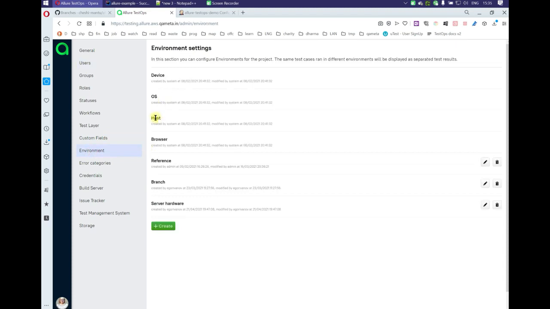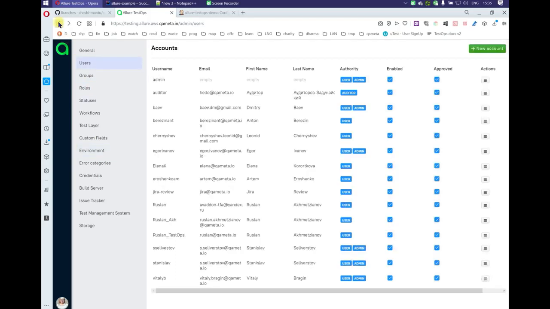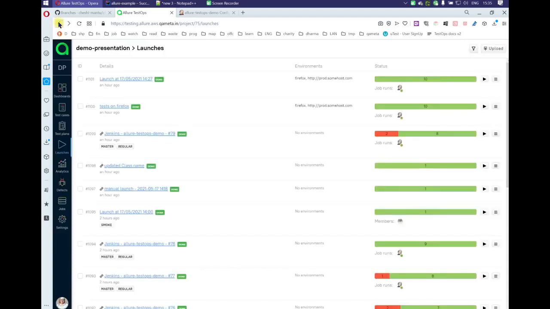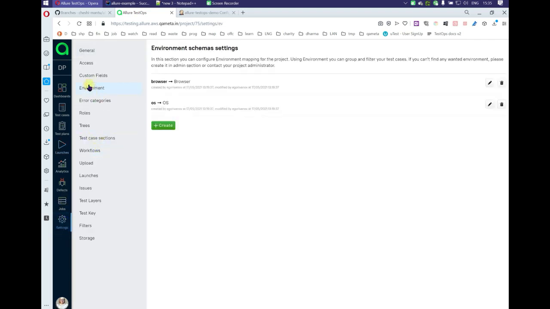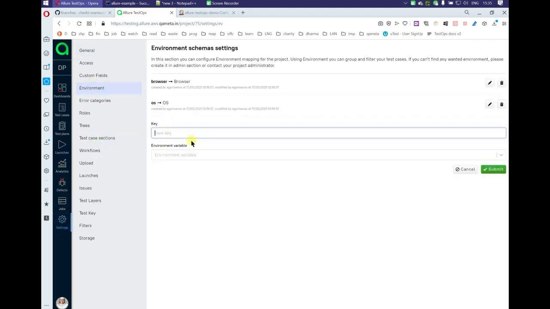First of all, we go to the administration section of AllureTestOps and check environment variables. We have host here, browser here, and branch here. So everything is set up on AllureTestOps side globally, but for the project we need to link environment from CI to these global labels. Let's go to the settings, environment, and create, as before for custom fields or layers, jbrowser here,